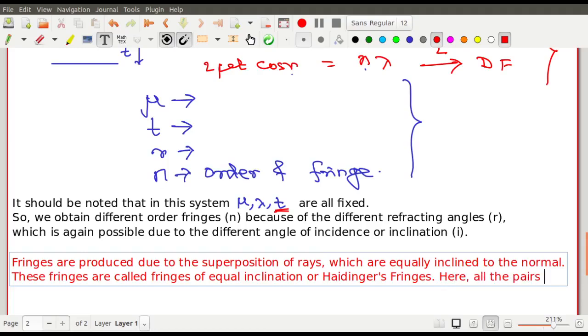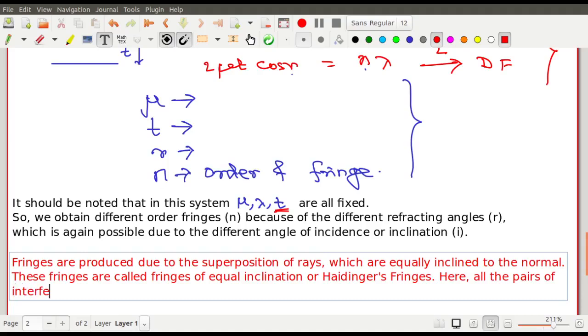All the pairs of interfering rays of equal inclination